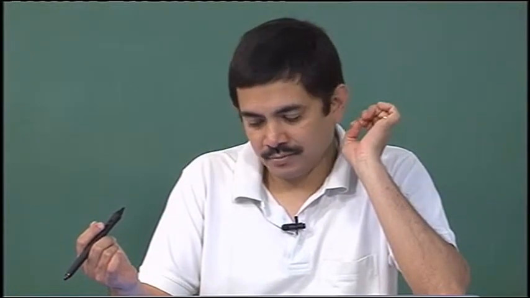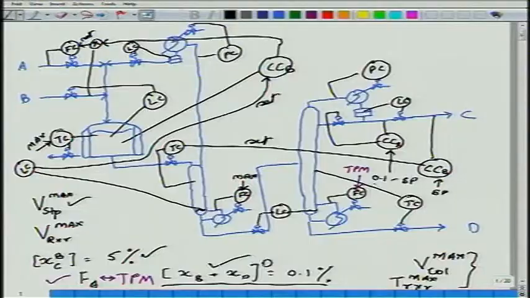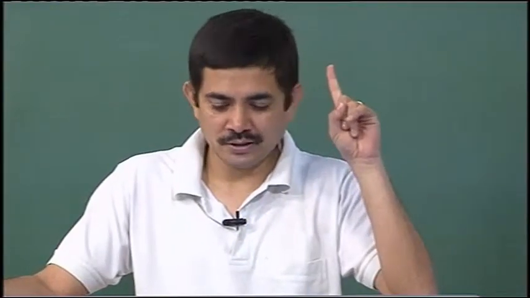All right. And I keep jacking up the throughput manipulator. Ultimately, my flow controller on the boil up in the product column will reach maximum, with its maximum limit, its capacity constraint, and then the throughput is whatever it is. Notice that at maximum throughput, everything is set except one thing. What is that one thing?